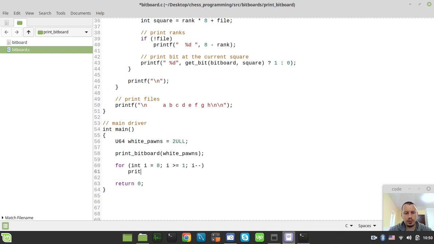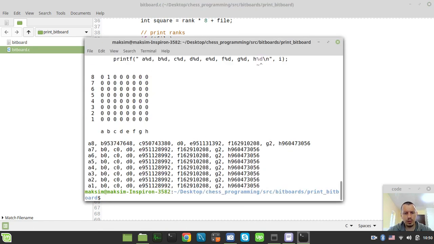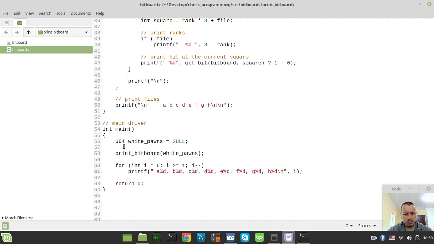I just want to print, so just in order to save time on typing this by hand, you will now understand what I am doing here. So I just want to print A, B, C, D, E, F, G, H, and this decimal formatting after each one, and the new line at the very end, and here I'll use this i, and it should print, or hold on a sec, is this really, yeah, it should be like, oh my god, what have I done,